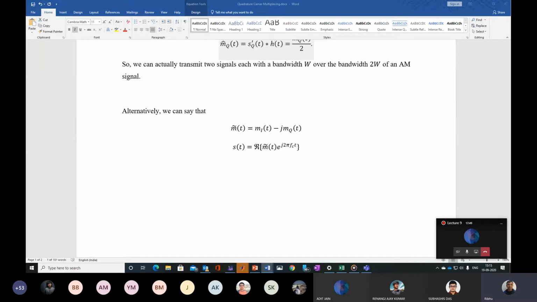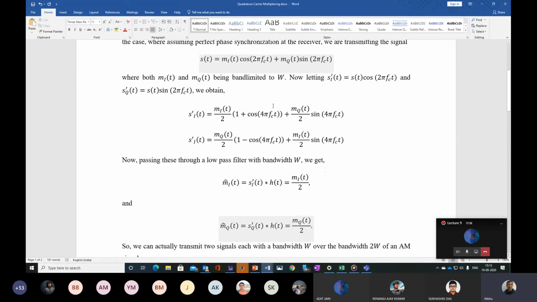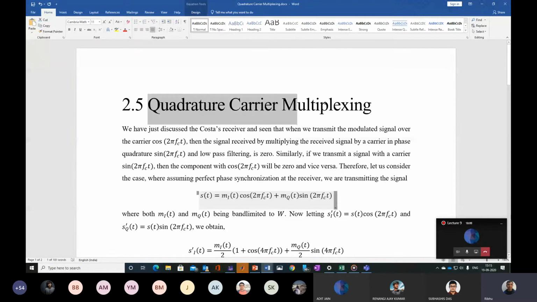So Windows is still updating, and actually with this you can see that this technique of multiplexing two signals onto a single double sideband modulated signal is known as quadrature carrier multiplexing. Since you are over the same carrier, you are transmitting two signals. So you are essentially multiplexing two signals that can be demultiplexed appropriately using